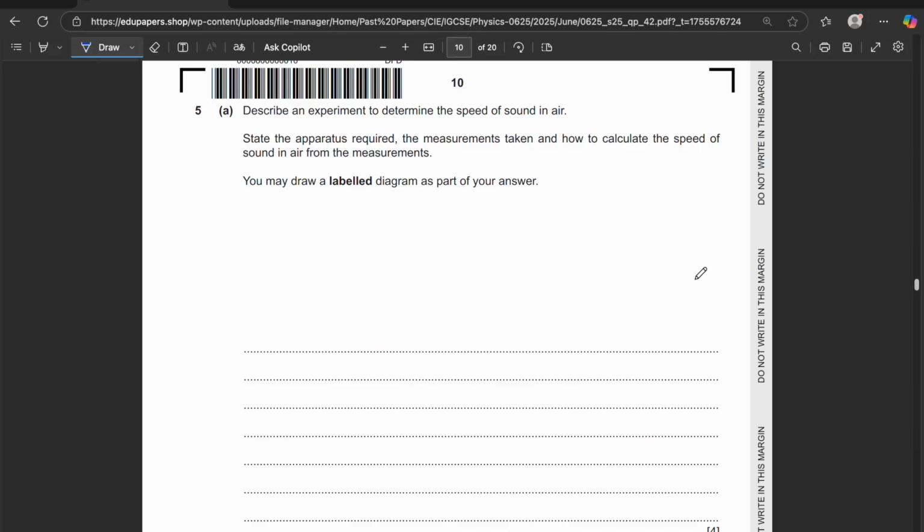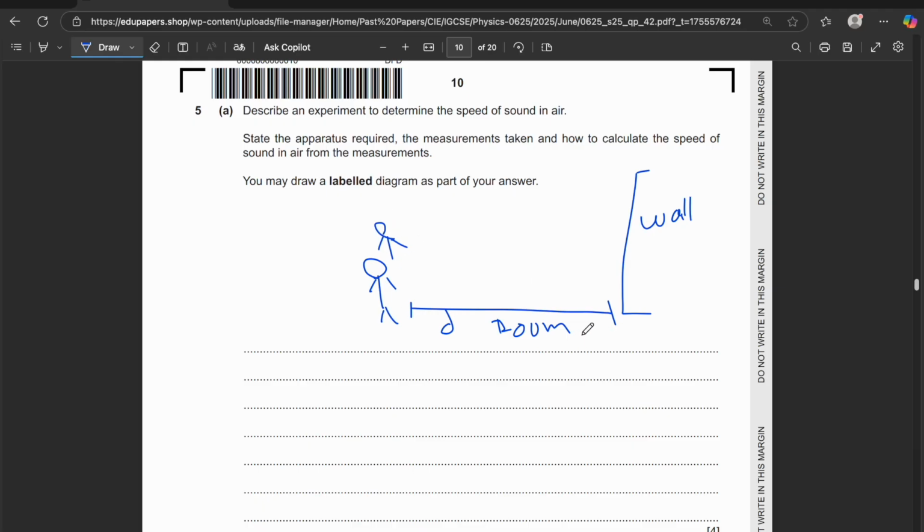You can use one method of producing a sound like a clap, and you hear the echo back. So you have a wall in here, and then you have some distance. You can say like 100 meters, maybe 200 meters, and you stand right here, maybe with a friend. This will be measured by, we also need the apparatus, so a measuring tape,